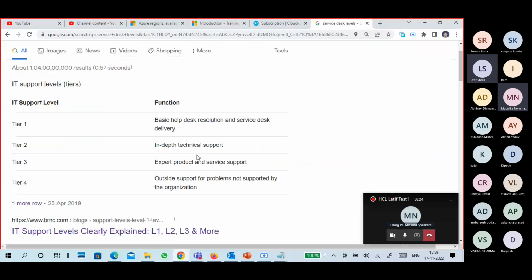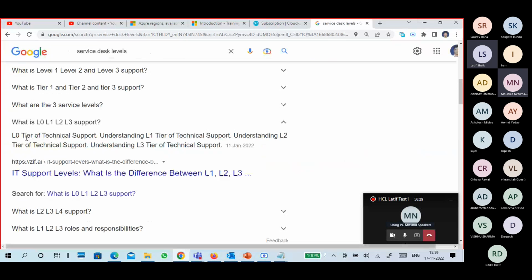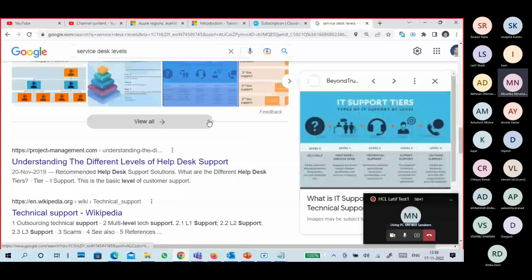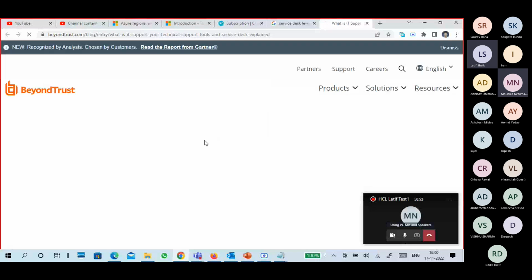So what is level 0, level 1, level 2, level 3? So differences. You have to search, guys, you have to question yourself what it is, what it is, kind of stuff. Then only we will be able to understand. So it is support: in-house technical, outsourcing technical support, professional service and customer services.